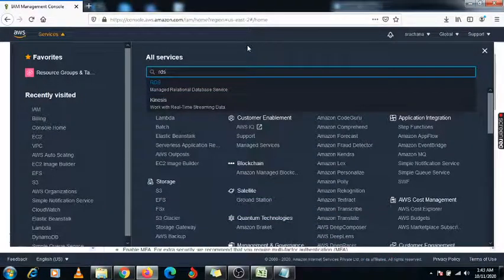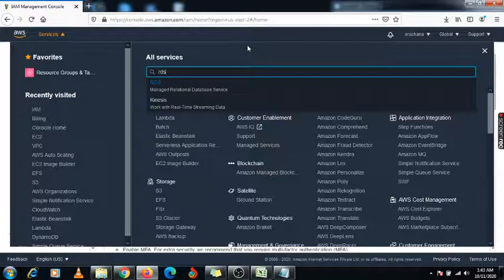Myself Ganesh. Today we will do some demonstration under this RDS, that is the relational database. So relational database is generally used by this database team. Whatever database they are creating, we need to access that database on a Linux machine. So how can we access that relational database on our server?